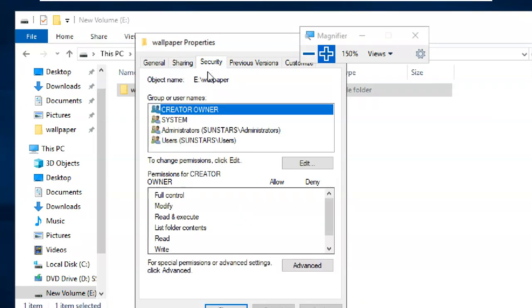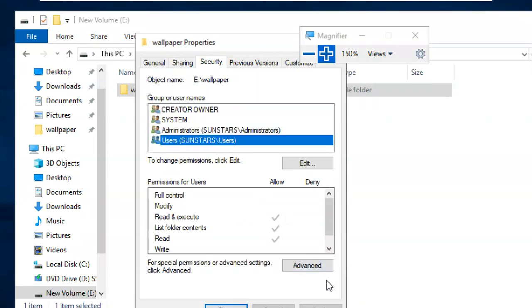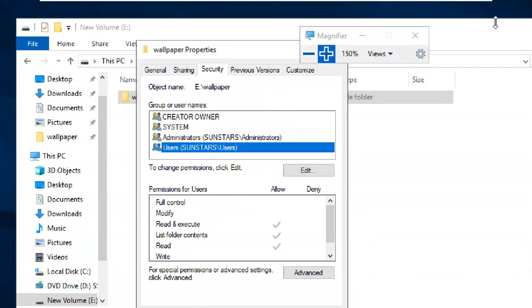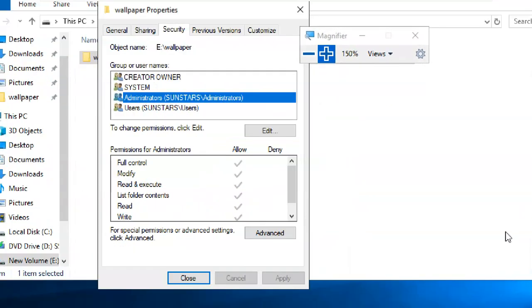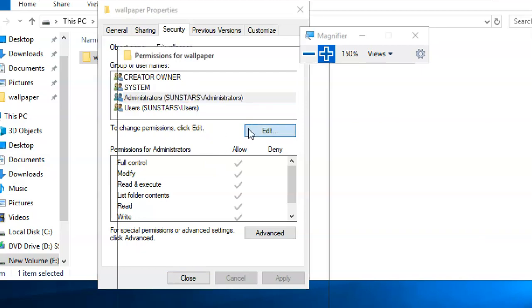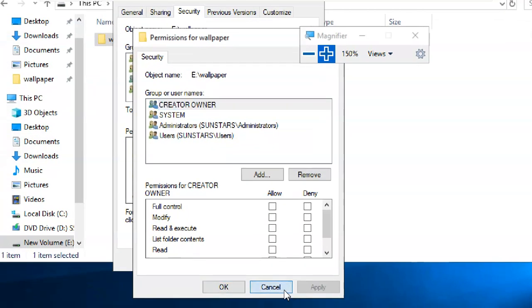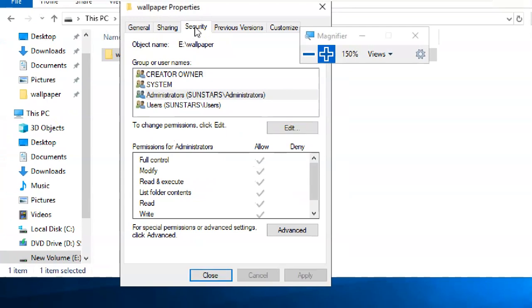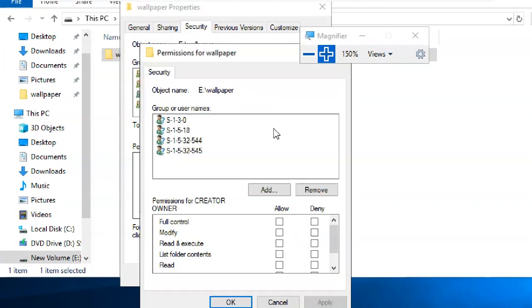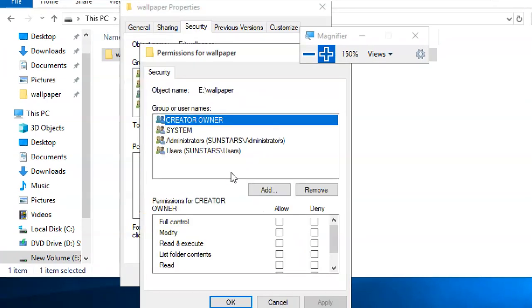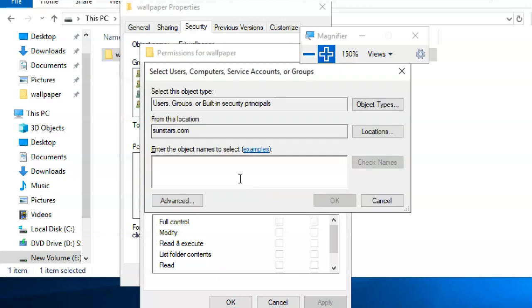Next I'm going to security. In the security, this is for a local user or a domain user also. Okay, in security I'm going to edit. So guys, look at this, this is the security tab. Edit. You can add everyone or authenticated users or domain users, anything.